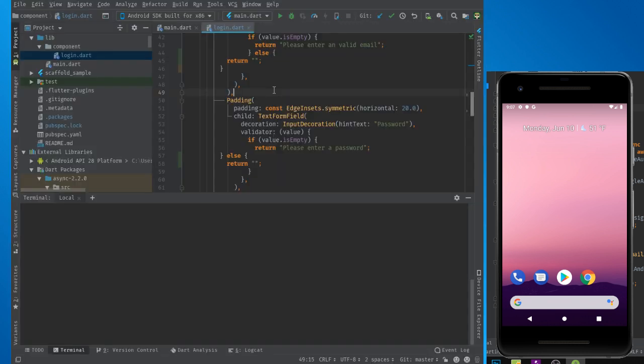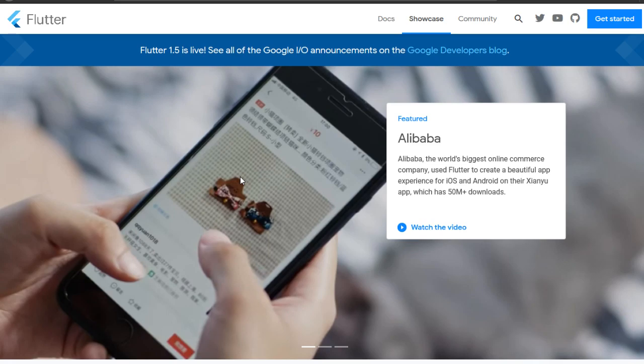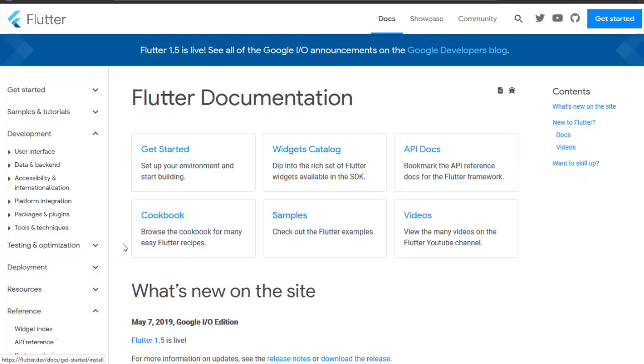And so what we want to do today was, because the last time I tried to fill it up and nothing worked, so today I want to show you how we can add a snack bar into our application. So what is a snack bar? If we go to the Flutter documentation, we can see that we have here, can you see that? No, I have to first do that. And so if we go to documentation,